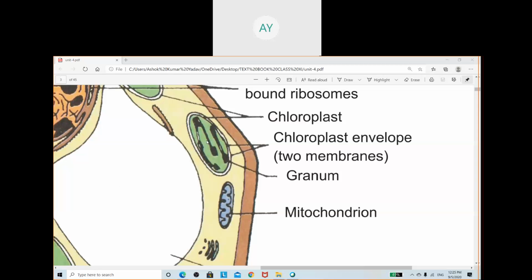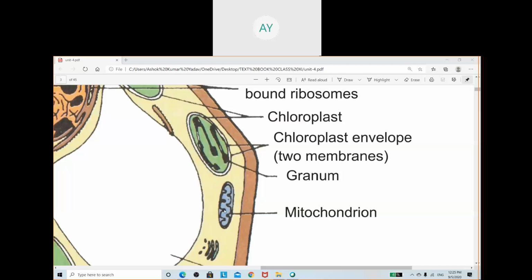What is position? Just see the cursor. So it is not shown here. Okay. Now F0 F1 particle present in the cristae. Cristae, that is a finger-like projection that is present on the inner membrane of mitochondria. Now I am telling the two terms: